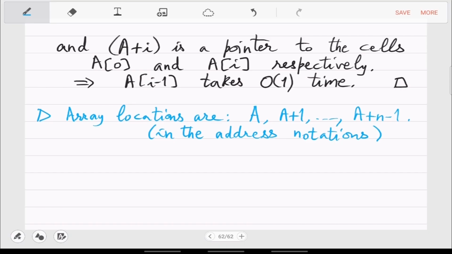But just to see whether you remember anything, if A was of type int in C, what is the type of this A? A bracket was type int, right? So what is the type of just A? Int star, right? So in C, which I think is the same as C++ also, the type of A will be int star.